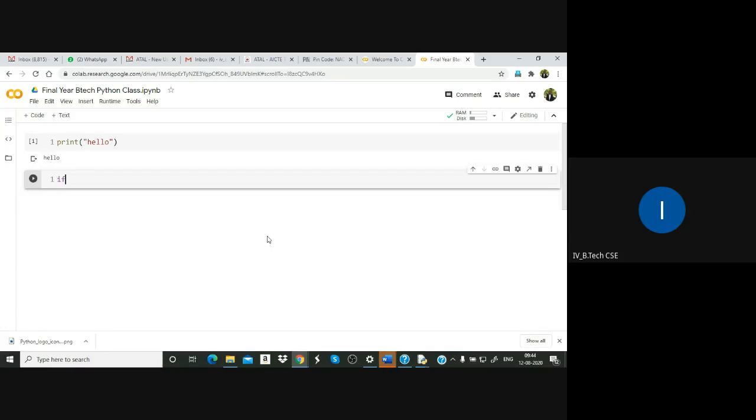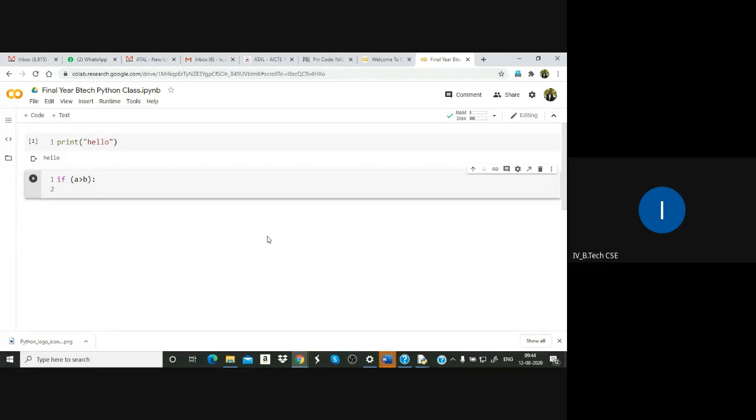The if statement will be like this: if condition, for example if a greater than b, then you use a colon, hit enter, and it goes to the next line leaving some space. That space is called indentation. How many spaces? 4 spaces.